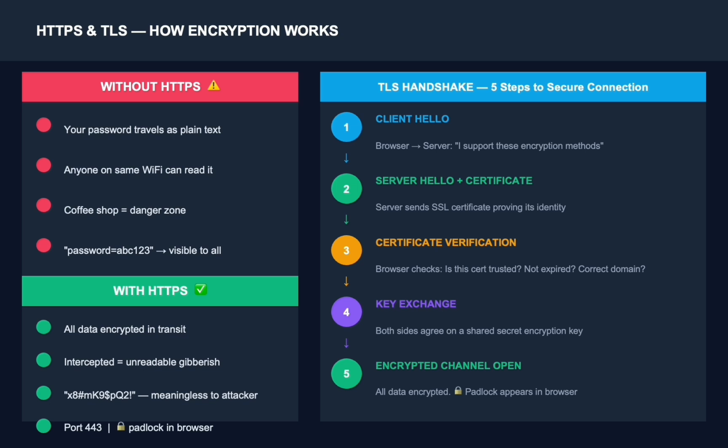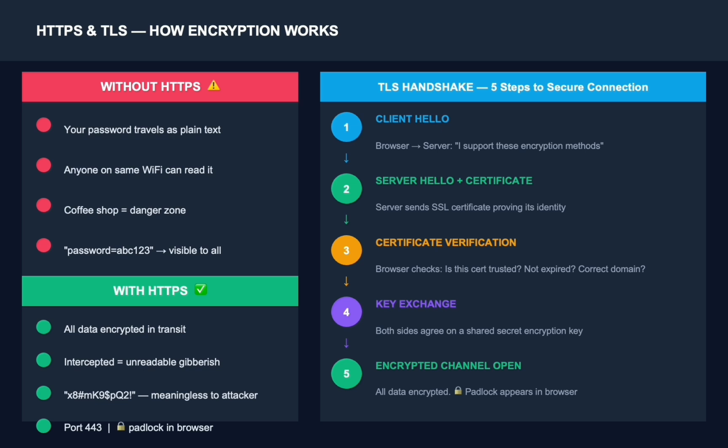So, how does it work? Through the TLS handshake. 5 steps that happen in about 100 milliseconds before any data flows. Step 1: your browser says hello and tells the server what encryption methods it supports. Step 2: the server replies with its SSL certificate, which proves its identity like showing a passport. Step 3: your browser verifies that the certificate was issued by a trusted authority. Step 4: both sides agree on a shared secret key that nobody else knows. Step 5: encryption channel open. Now everything is scrambled. Every secure website, every bank transaction, every login, all protected by these 5 steps running silently